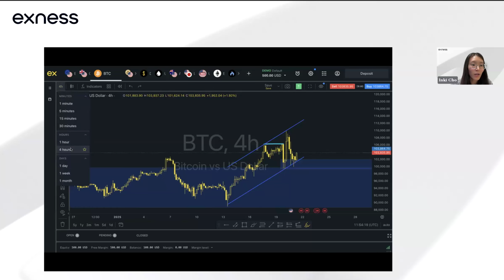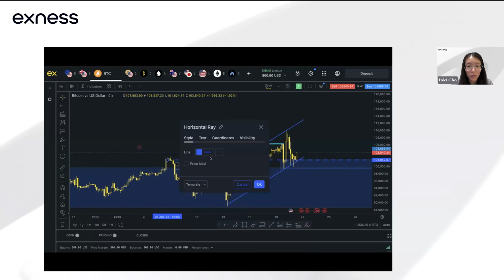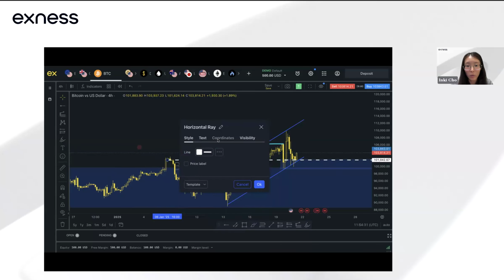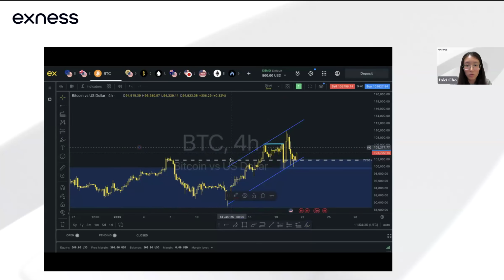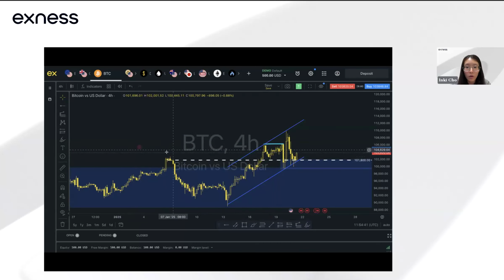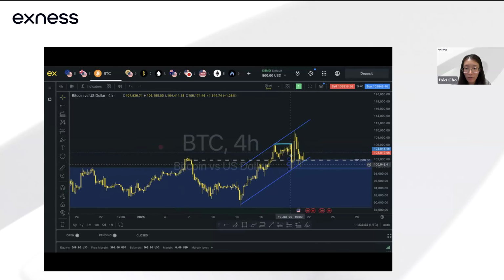Now that we have identified the key support level, just based on the higher time frames down to the 4 hours, you can see that it's also a support level over here. Let me just put this in a different color so that we can see, given that we have a black background. And so the 101,800 level, you can see this area. Okay, so this level over here, if I were to just stretch it back further. I've explained it just based on the higher lows and higher highs that we're seeing, and also the last low. Given that it's in a bullish market structure, as long as this bullish structure holds, price should not be breaking below the last low.